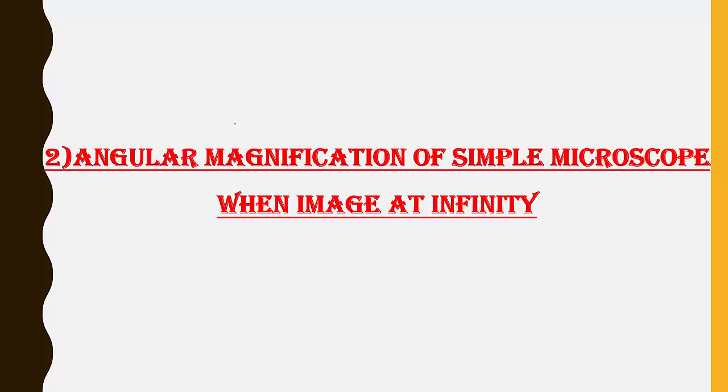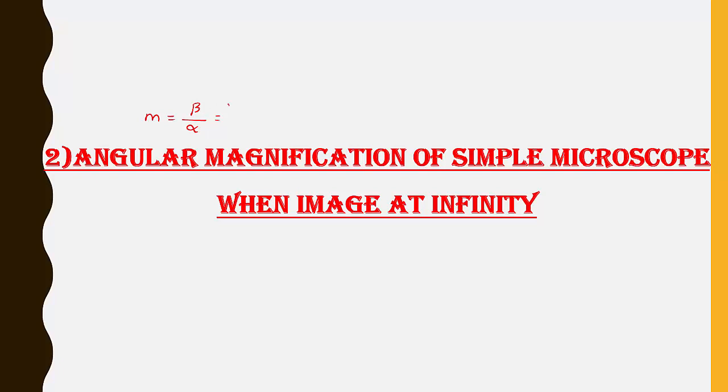at infinity. So we already know about angular magnification, which is also called magnifying power, and it is denoted by m. So m equal to beta divided by alpha, where beta indicates the visual angle subtended by the image, and that image is formed by the instrument at the eye. And alpha indicates the visual angle subtended by the object at the unaided eye. That means without using the instrument, the angle subtended by the object gives alpha, and the angle subtended by the image, that image is formed by the instrument,